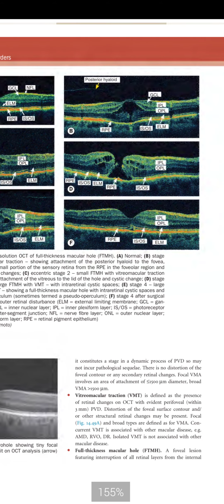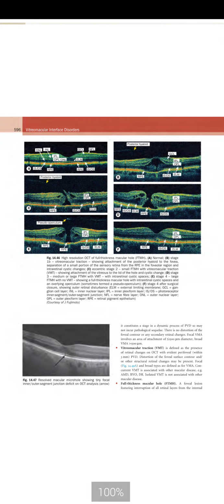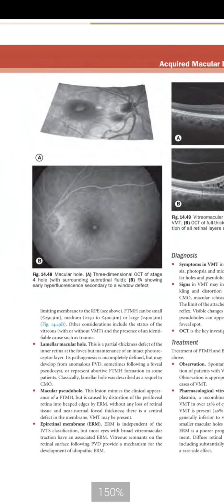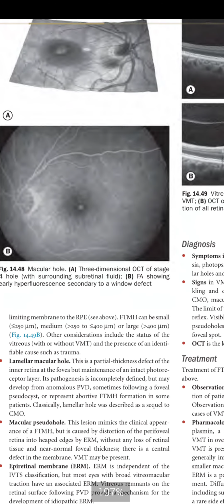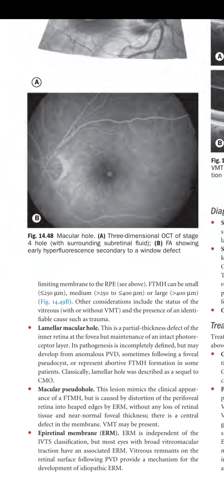So next is basically the full thickness macular hole, a foveal lesion featuring interruption of all the layers of the retina from the internal limiting membrane up to the RPE. Full thickness macular hole can be small, less than 250 micrometer, medium, 250 to 400 micrometer, or large, greater than 400 micrometer. Other considerations include the status of vitreous, with and without VMT, and the presence of an identifiable cause such as